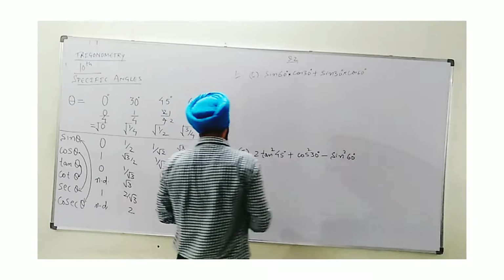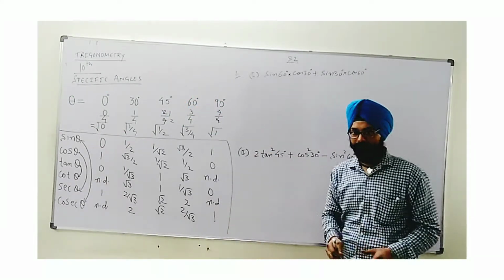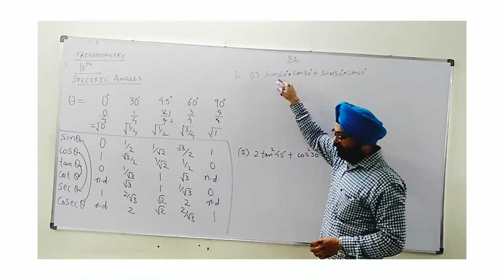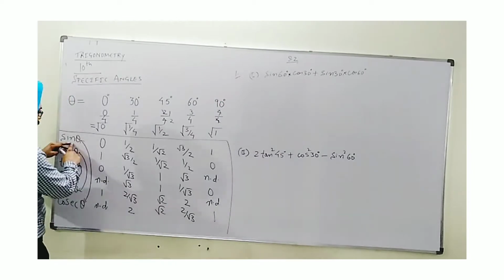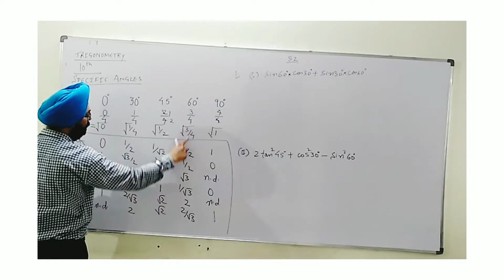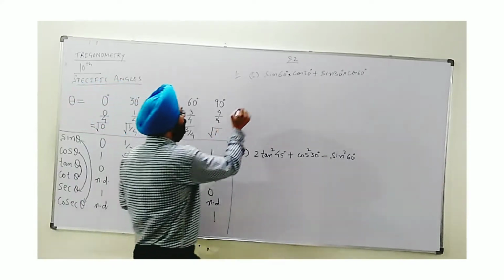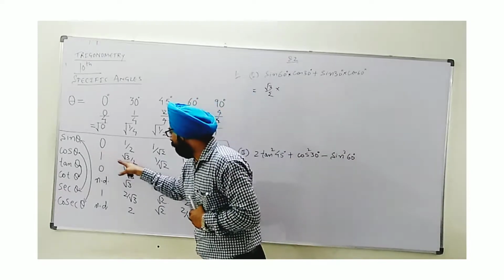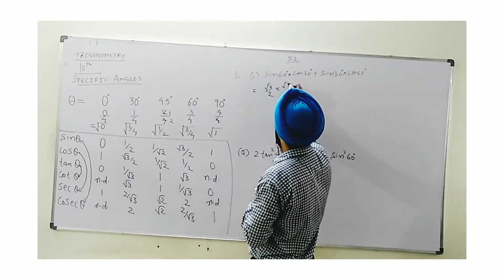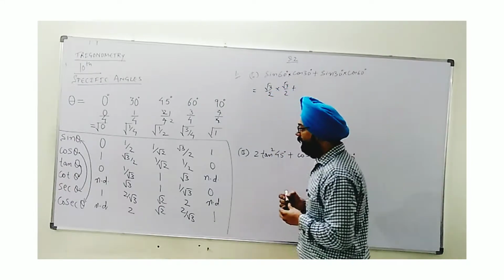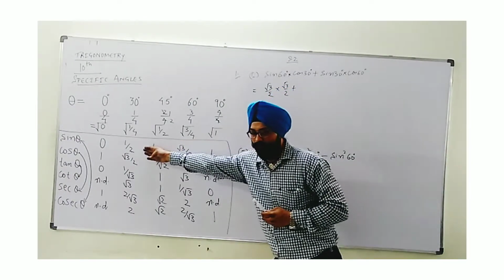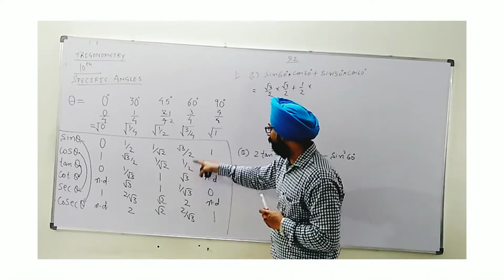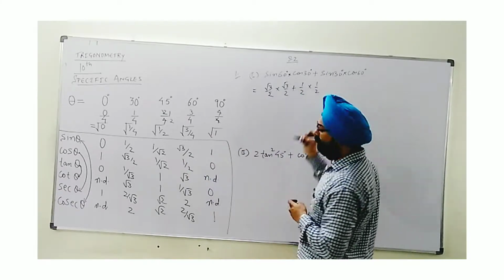When solving equations, many equations you will solve that will come in practice, and surely that will settle in your mind. Like sine 60 degree, I need to see. Just take sine 60 degree, I find it here. Its value is root 3 by 2. Simply we will put here root 3 by 2 multiplied by cos 30. I see cos 30 is root 3 by 2, the same. Put here root 3 by 2 plus sine 30. From the table you see it's 1 by 2. I put that, and cos 60 is 1 by 2.